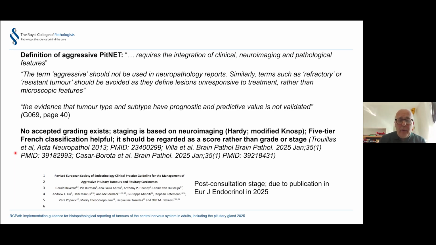Be careful when you mention the so-called tier system. It's not a grading system or a staging system, it's a scoring system. We are changing terminology, and that goes as a comment. And again, without really pushing towards saying this is a tumor that's going to metastasize or is going to recur. There are a few very recent references in an issue of Brain Pathology you may want to read, and they were quite extensive in explaining the criteria.